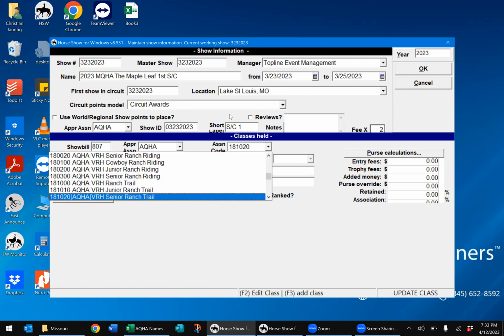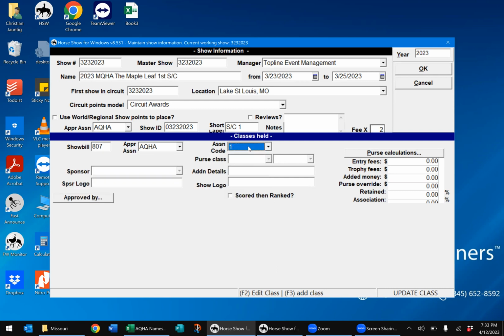But so you have to physically find the VRH all-around class code and add it into your slate of classes. And then you'll go into standings. Nope, I can't think of it off the top of my head. You'll go into your,